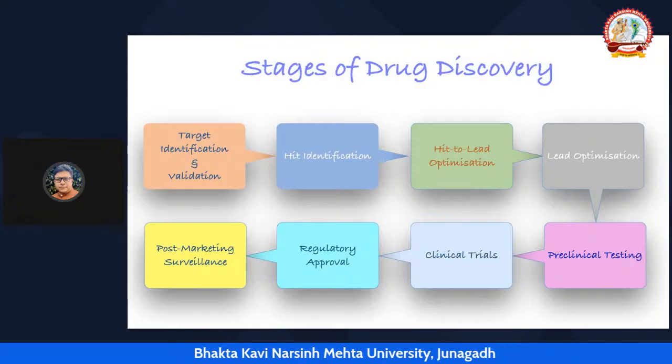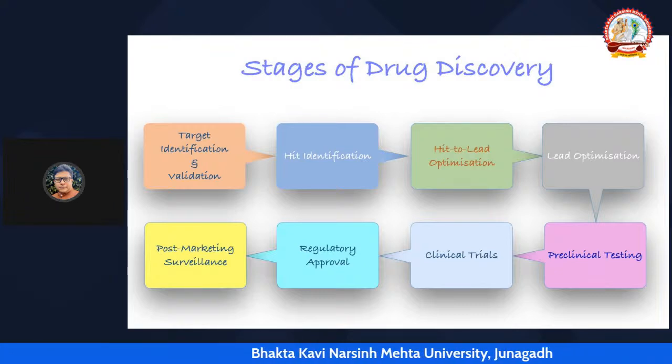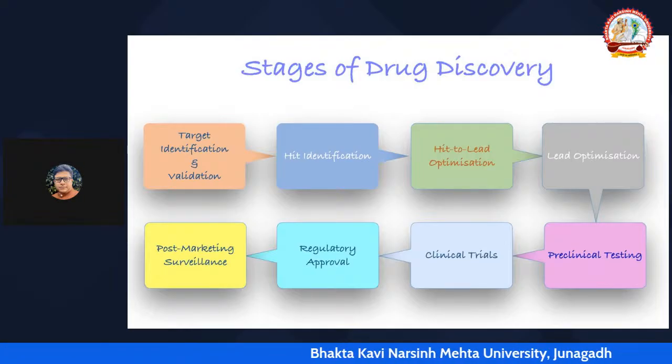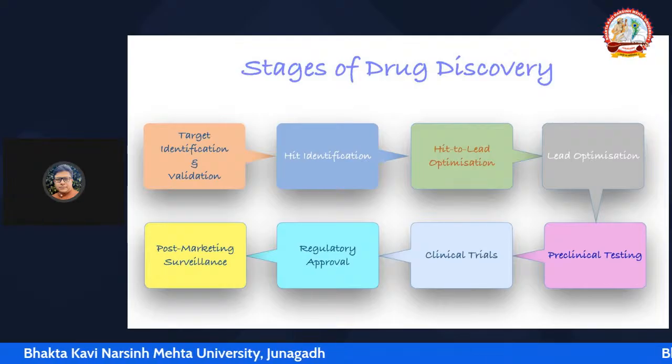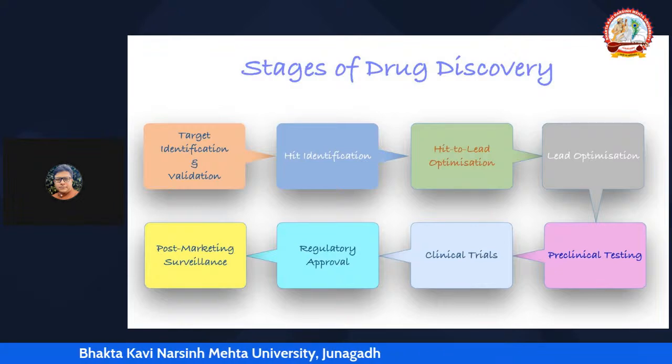Then we have the regulatory approval, that is, the FDA gives a green signal to proceed ahead, after which you move ahead with the higher trials. In clinical trials, there are four levels: phase one, phase two, phase three, phase four. Phase four is basically referred to as marketing surveillance, wherein the drug candidate is released to the market,